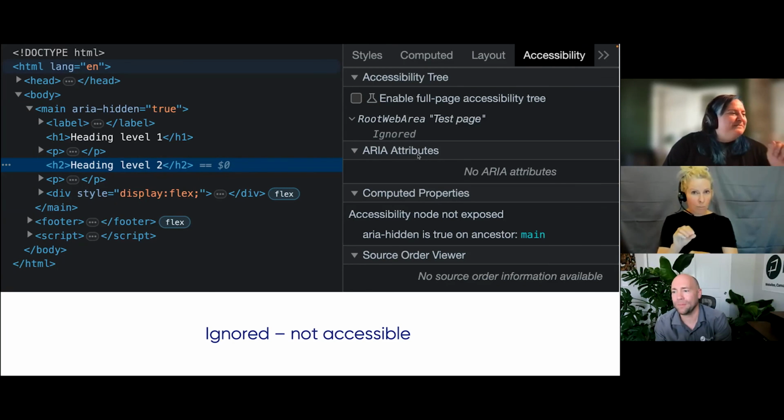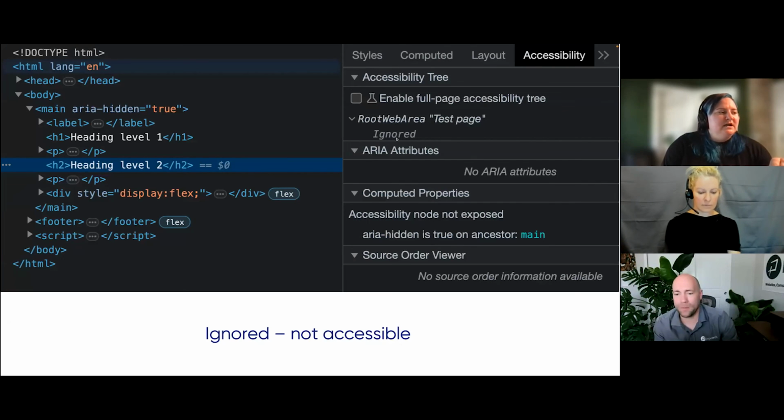That will open up this panel, and then you'll see the styles panel will be selected first, and you just have to use this arrow at the top of that right-hand panel to go find that accessibility tab, and it will show you this information. And then this view in the accessibility panel changes based on what you have selected in the HTML that is displayed on the left side.